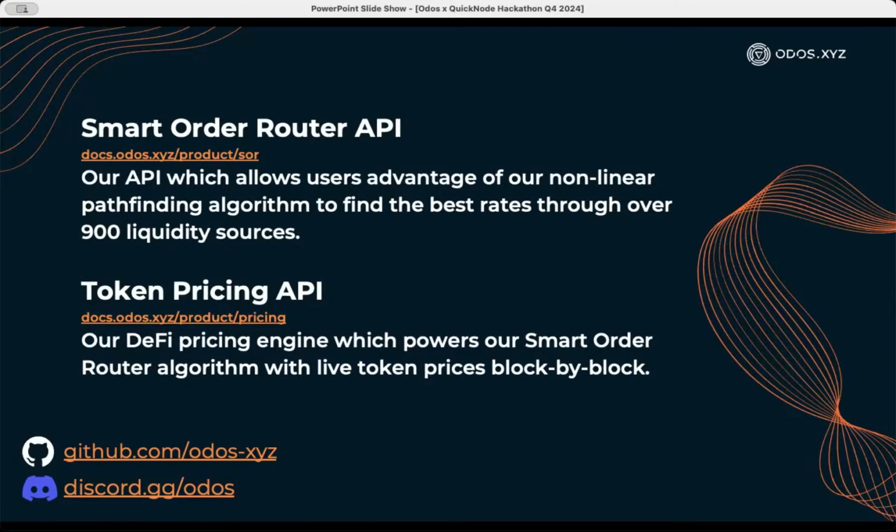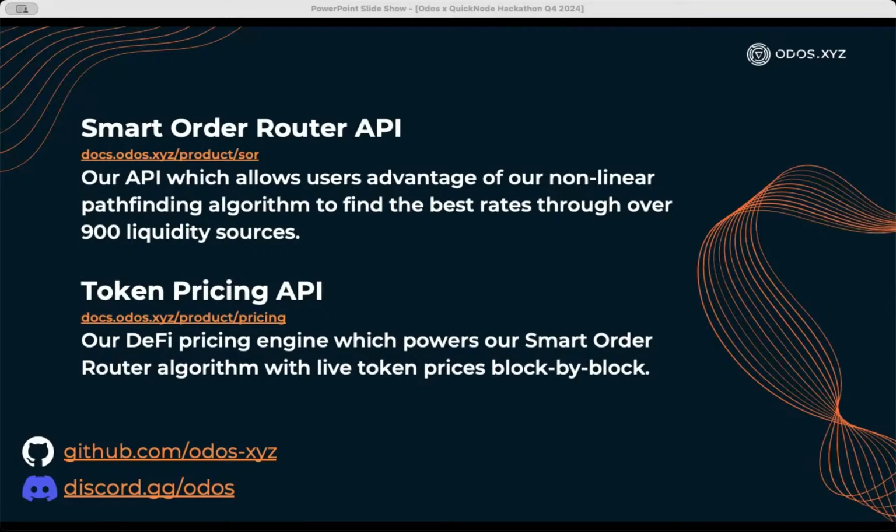So we have our Smart Order Router API, which takes advantage of the nonlinear algorithm that we just described. And then we also have our token pricing API, which is the DeFi pricing engine that powers our smart order router algorithm with live token prices.